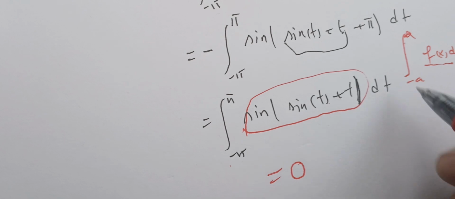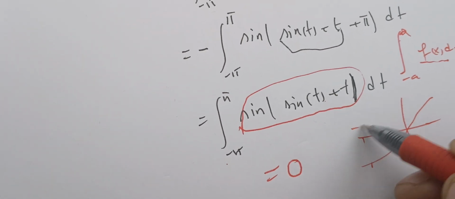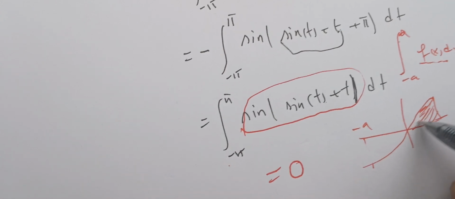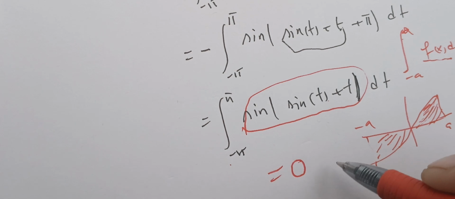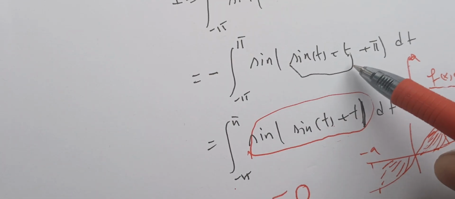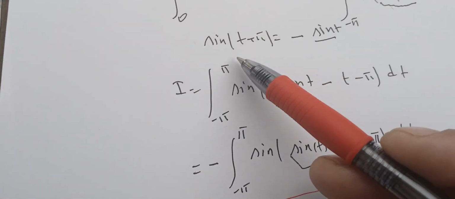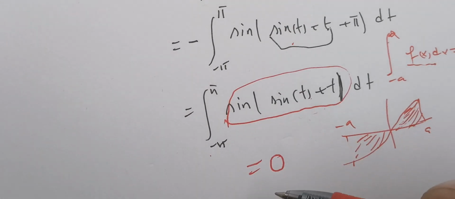Remember, this is an odd function here, something like this. And we are integrating between minus a and a. So here I have a positive value, but here I have a negative value. When I add them, I get 0. This is what's happening here. Okay? So here we used many tricks, and especially this idea here. And this gives us that the value of